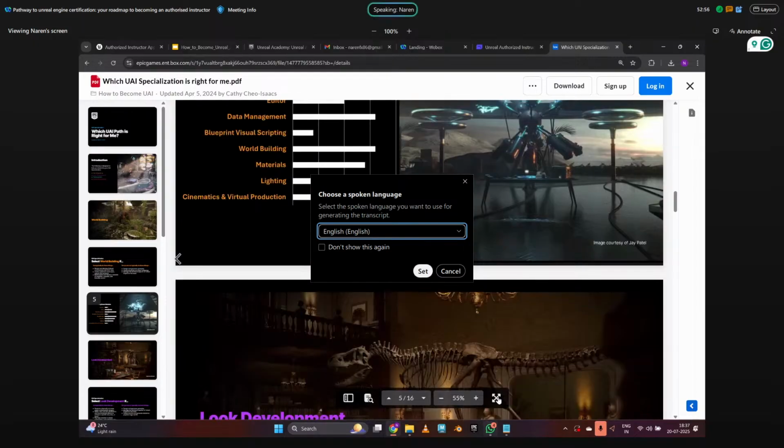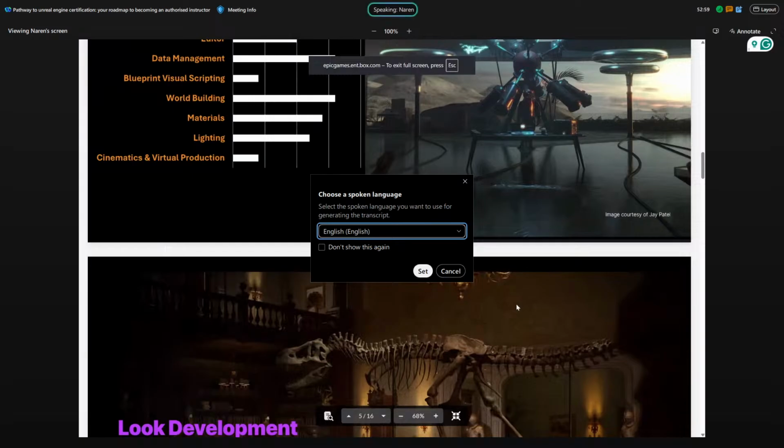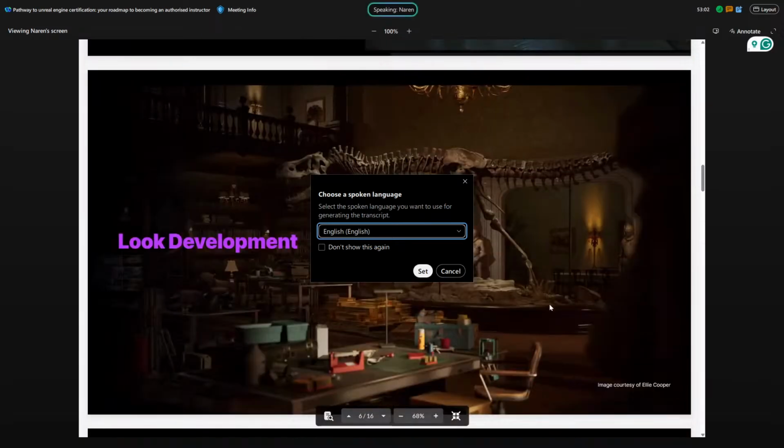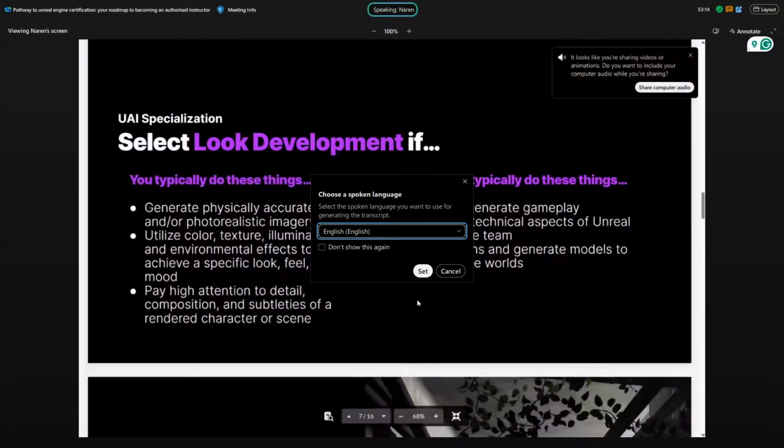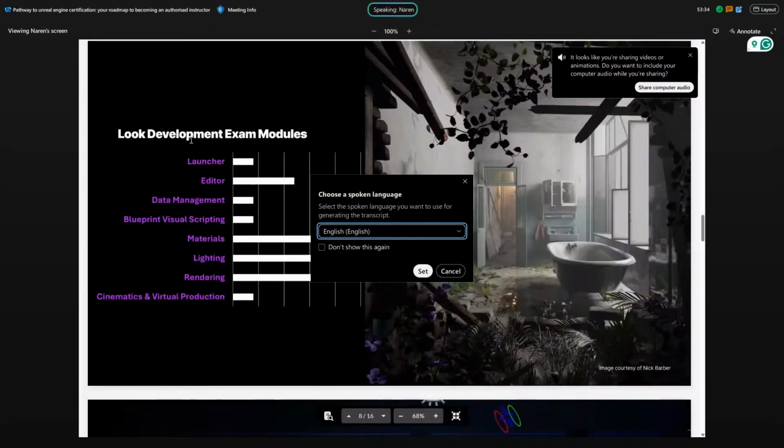Then comes look development. Look development is nothing but lighting and composition. In what angle you compose, what kind of camera angle, depth of field, and how you light the particular scene. It could be interior or exterior, and what different types of light you use. All the questions will be regarding that, even the texturing, the material, and how you assign things. So generate physically accurate and photorealistic imagery. Utilize your color, texture, illumination, and environmental effects like fog or haze, and skylight, sunlight, and how you set up all those things. They also have their own contents, but the emphasis will be more on